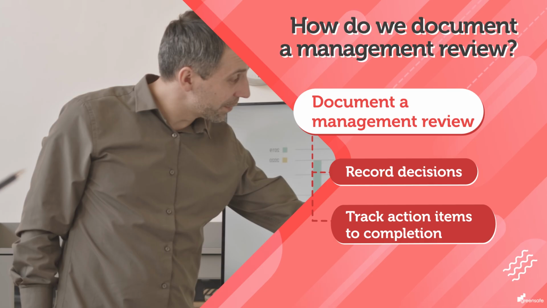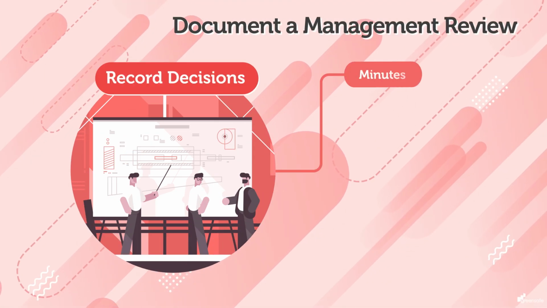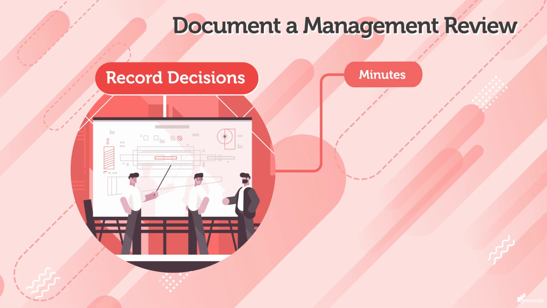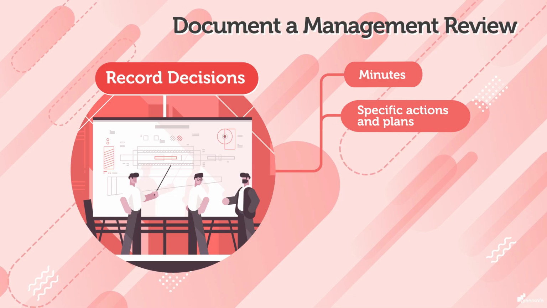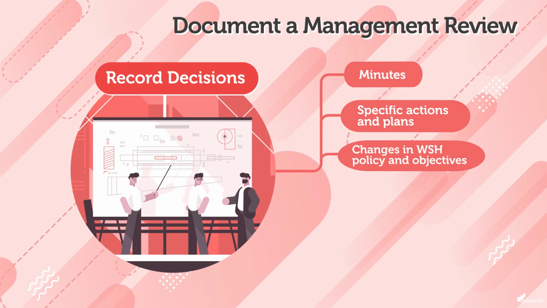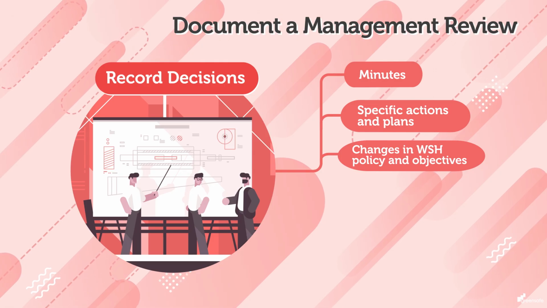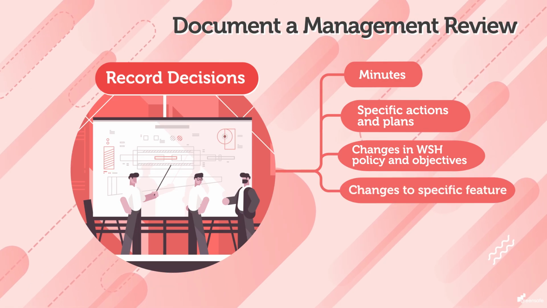Let's look at how we can record decisions. The records will include the following: minutes of review sessions conducted, specific corrective, preventive, or improvement actions and plans with assigned responsibility and target dates for completion, changes in organizational WSH policy and objectives that reflect current work environment and work activities, changes to specific features of the management system,